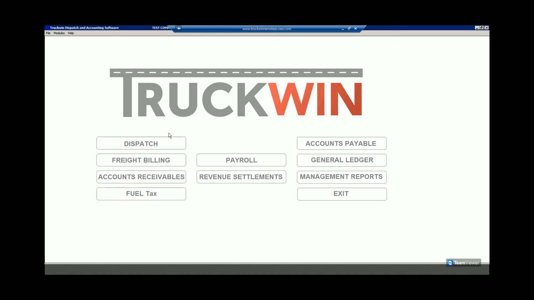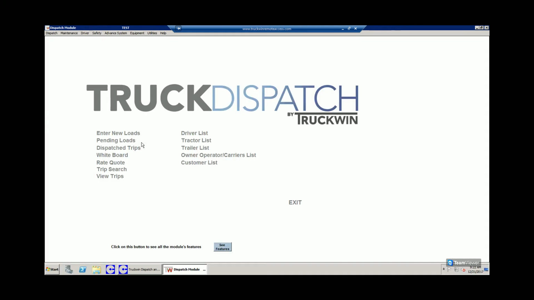And so this will now be your main screen with your different modules. So I'm going to click on dispatch and I go to this screen, and on the left-hand side we're just going to have a simple list here. And you may notice a few slight wording changes. Those are just to make things a little easier to understand, but all still the same kind